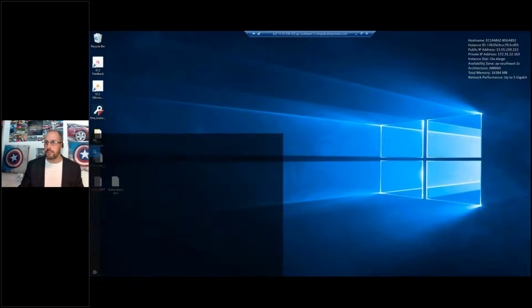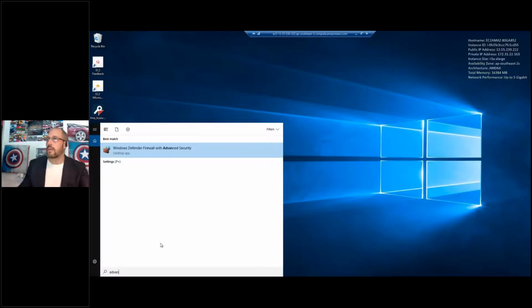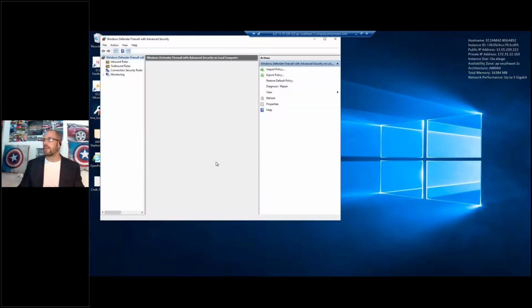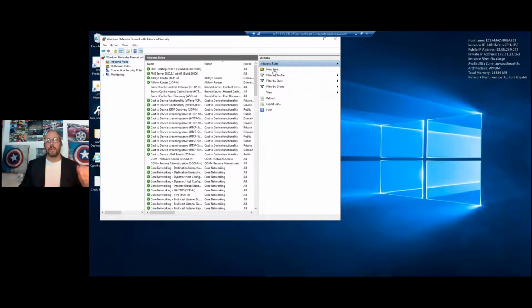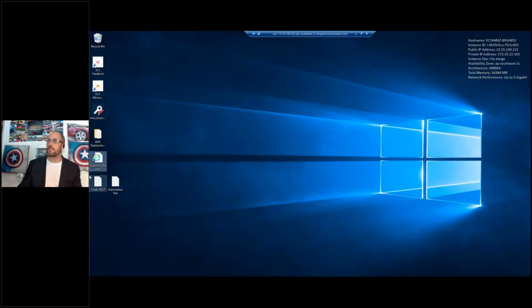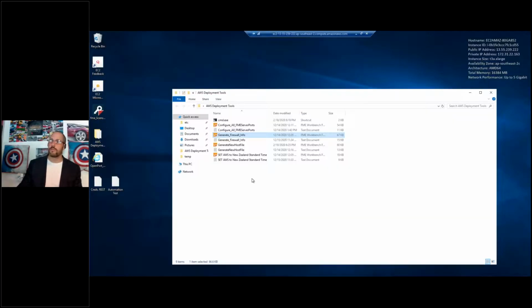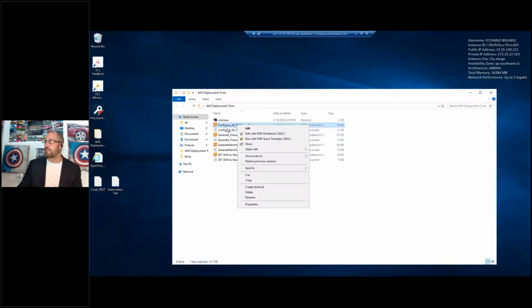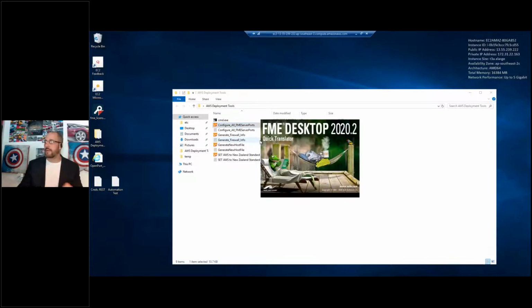There's two ways to do that. We could go into advanced firewall settings, go to inbound rules, then a new rule, and follow that process, opening up each one of the ports. Or you can go, oh, thanks, Darren, that was really good of you to put together something that opens up all the ports I actually need, and with a bit of flexibility. So we run this one, configure all FME server ports, run with FME Quick Translator, and